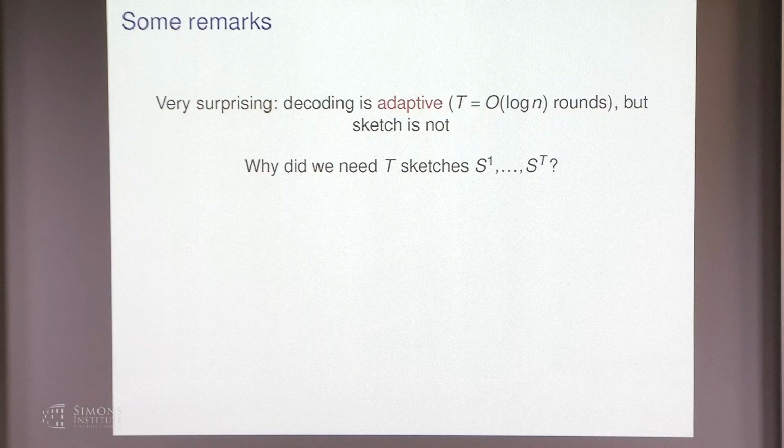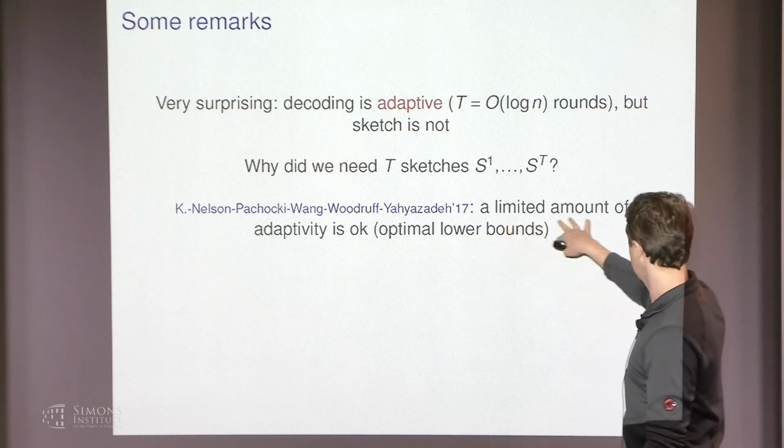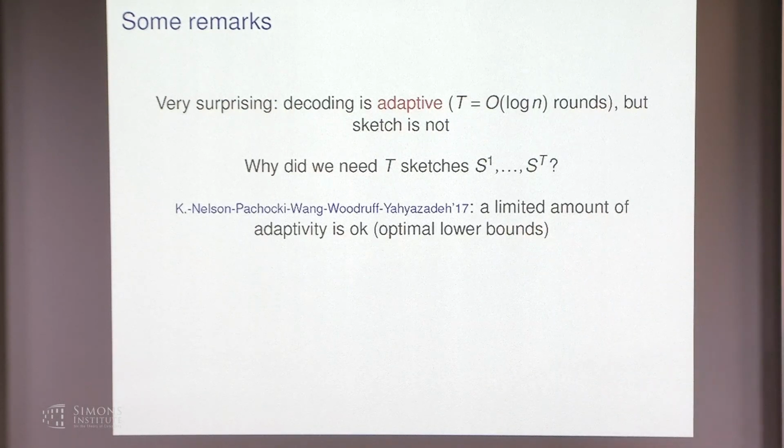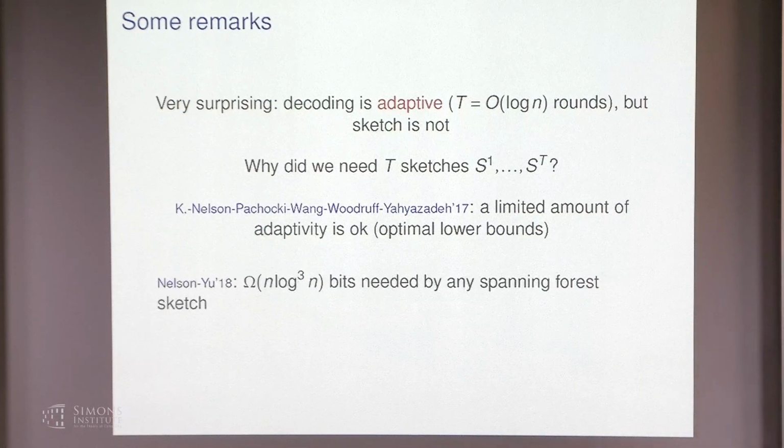Why? Because of the definition of L0 samplers. An L0 sampler is an object that for any given input vector with high probability produces the correct result. If we use the sketches adaptively, then the vectors on which we run become correlated with the randomness that the sketch uses, and the correctness properties break. Although it turns out that, in fact, a limited amount of adaptivity is okay when we use L0 samplers, and that's how one can get optimal lower bounds for the space complexity of L0